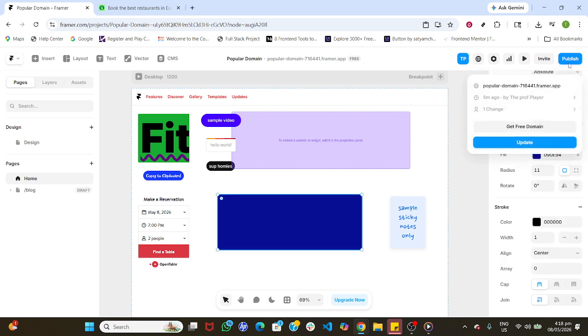Publishing pushes your update to the live preview or your public link, so you can share the result with your team or stakeholders and verify everything looks